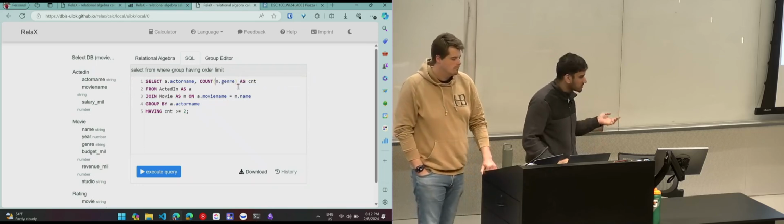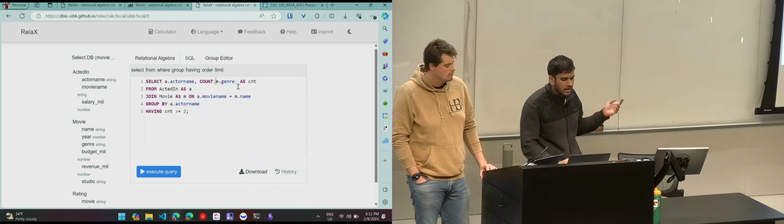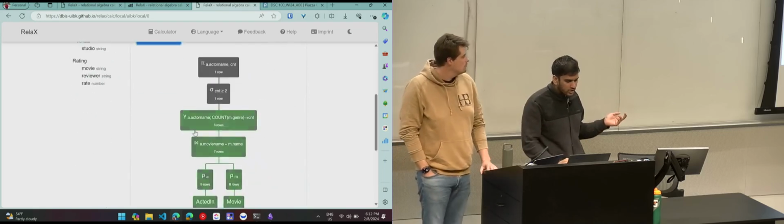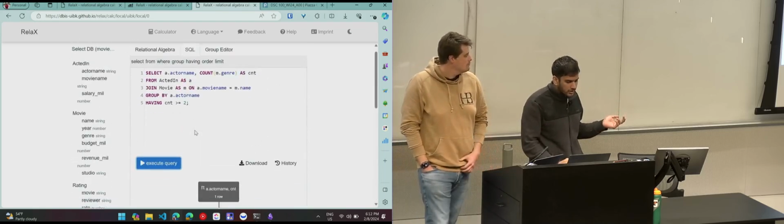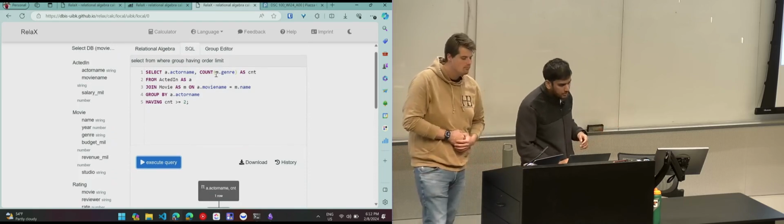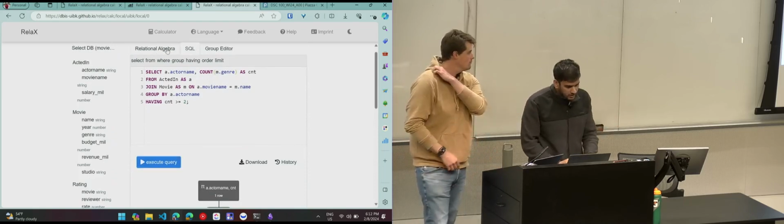In this case, this will work because for each actor we have a different genre, and you will get some output like this. But if you need to get distinct genre, then